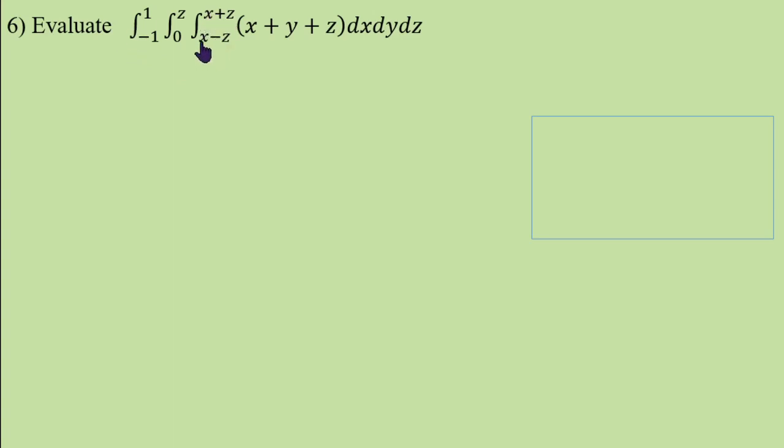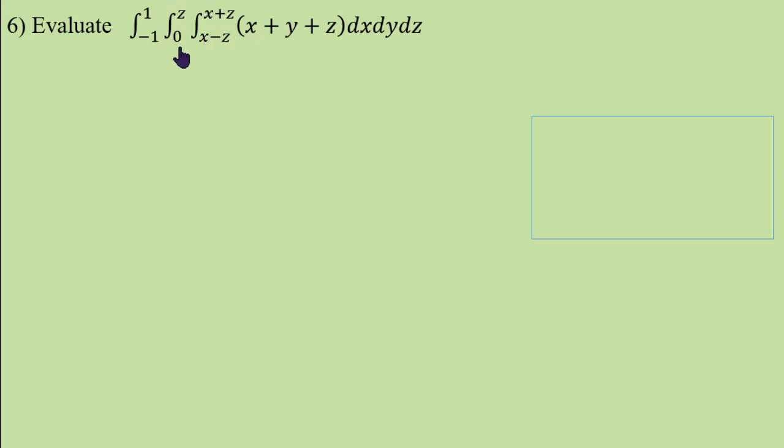The first one is, limit is x minus z to x plus z. So it is a function of x and z. Therefore, integrate first with respect to y, not with respect to x. After integrating with respect to y and applying the limits,